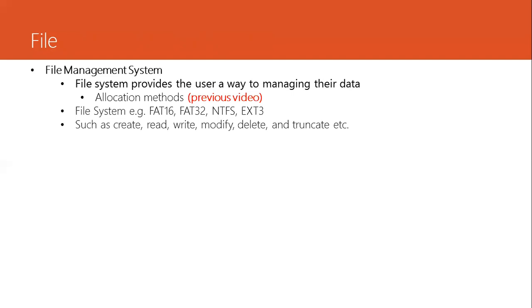So every time a file is created, it contains the data, that are blocks on disk somewhere, and the file system also creates certain attributes of the file. These are the metadata of your file. And what is metadata? Metadata is data about the data. So what does that mean? Actually, when you create a file,